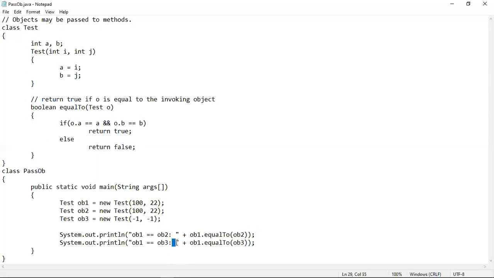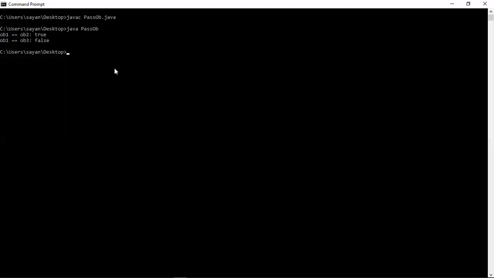So after this space, this false value will be displayed on screen. Now let's execute the program to see the output. As I told you, the first two objects are equal, that's why they return true, and the values that have been passed using the objects OB1 and OB3 are not equal, that's why a value false has been returned.